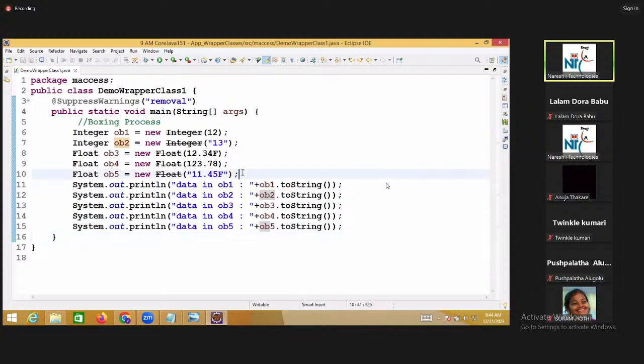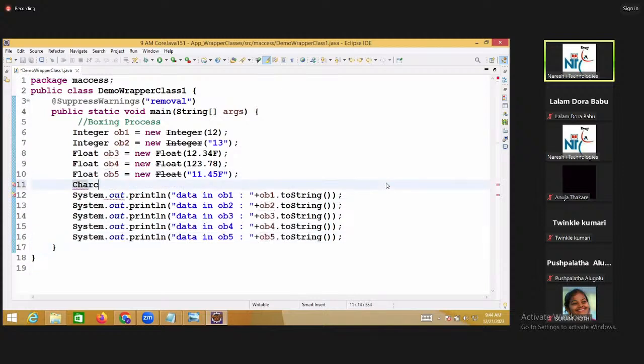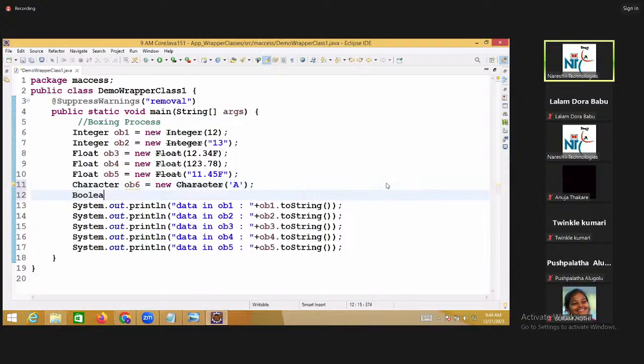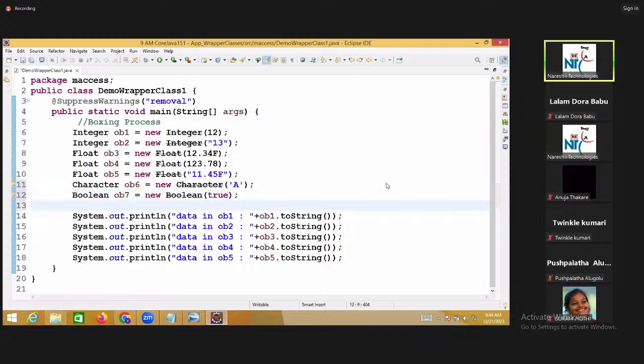The same way you can take Character. Character ob6 is equal to new Character of single quotes A. So only one constructor is there here. Next Boolean. Boolean ob7 is equal to new Boolean of true. This is Boolean form.